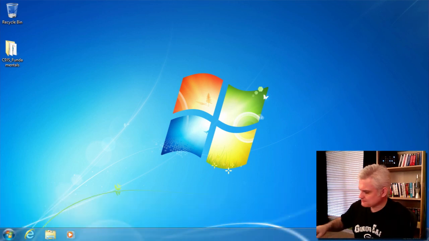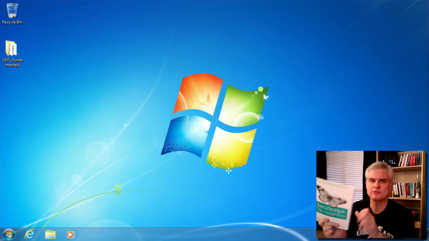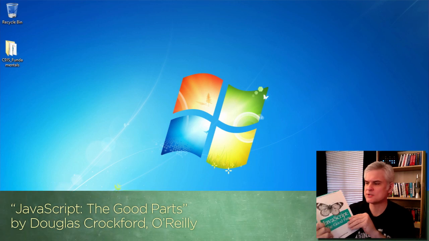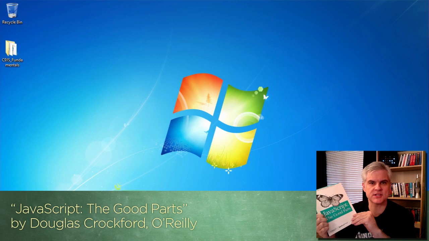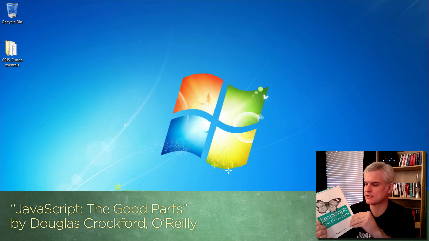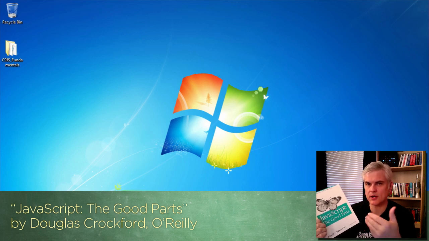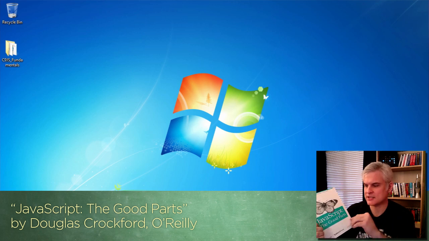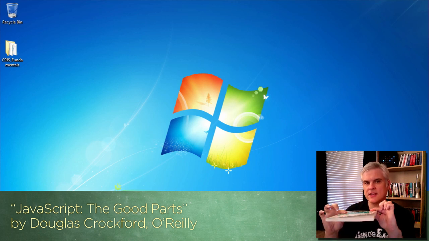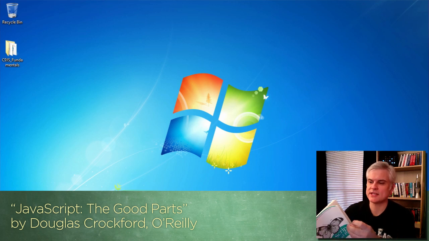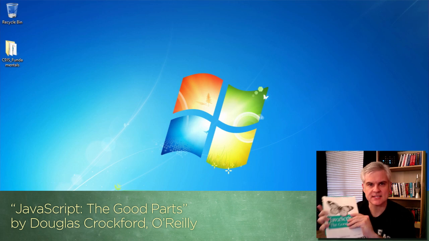Along those lines, this book by Crockford, who's considered, I wouldn't say the father of JavaScript necessarily, but he's definitely deep in the implementation of, for example, the YUI library, and he understands the internals very well, considered an expert in this regard. He's written this very thin book. It's light on details for the easy stuff, but heavy on details for the more complicated stuff. And so instead of being a reference book, it's more of a commentary on JavaScript,